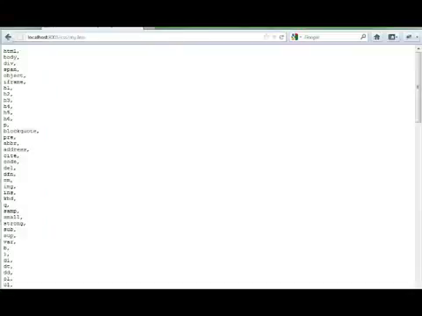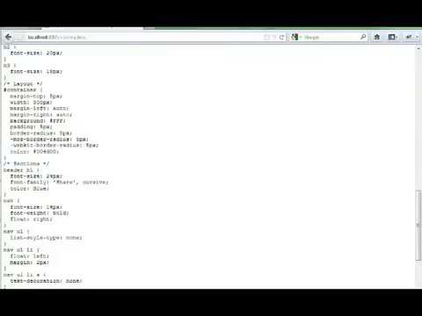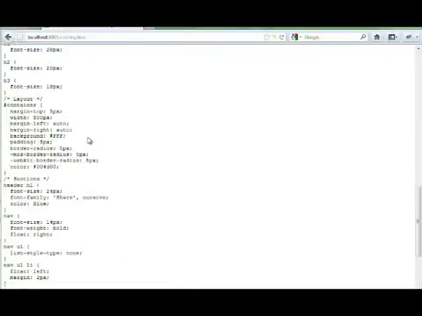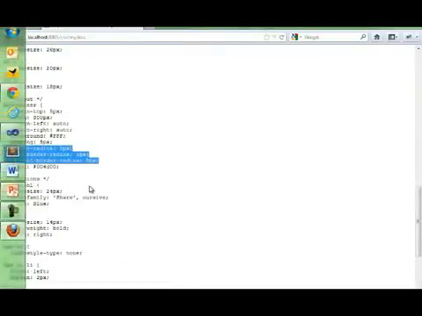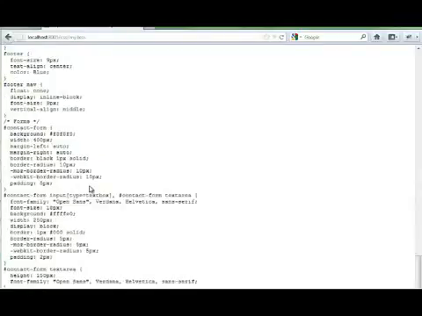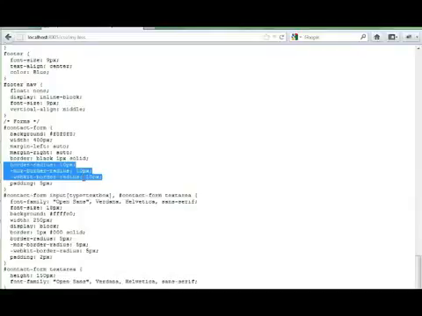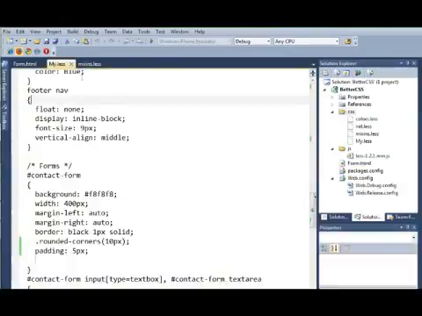Again, if we go back and look at our less compiled CSS from the less file, we can see in the container itself it's using the 5 pixels, but later on when we look at the contact form where we used it again, we can see we're getting the 10 pixels. We're maintaining that reusability but making it parameterized. The last thing I'll show you is that